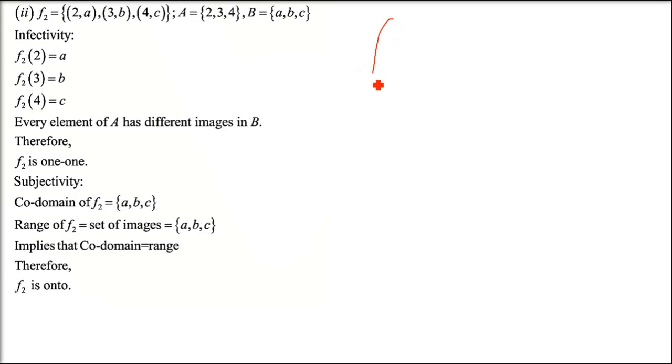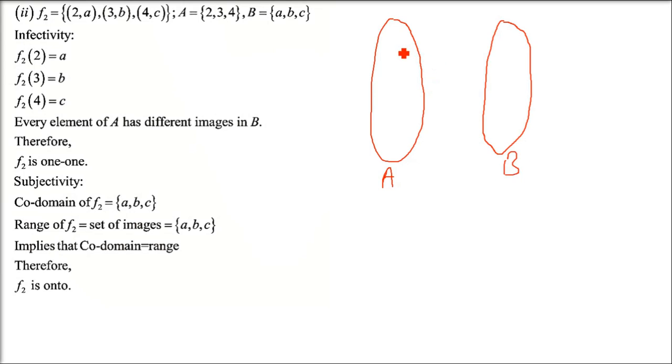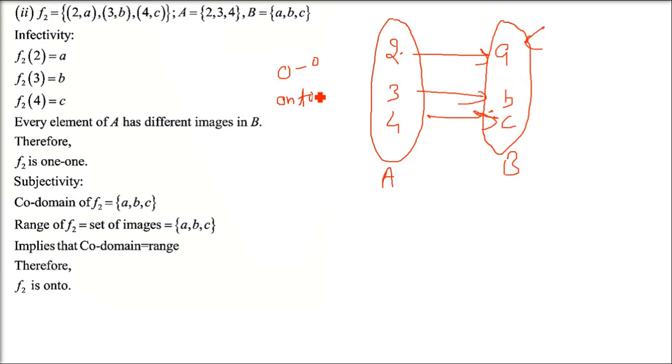This is the second one. So we'll do it the same way. This becomes so easy by mapping. This is 2 3 4 as the A set. a b c is another set. 2 3 4. Here we have a, b, c. Now just map 2 to a. And then we have 3 to b. Then we have 4 to c. Now here also 1-1. Every image has a pre-image, every pre-image has an image here. So it is 1-1 and onto also. Onto we always check the second set. Not a single value should be remaining so that it doesn't have a pre-image.